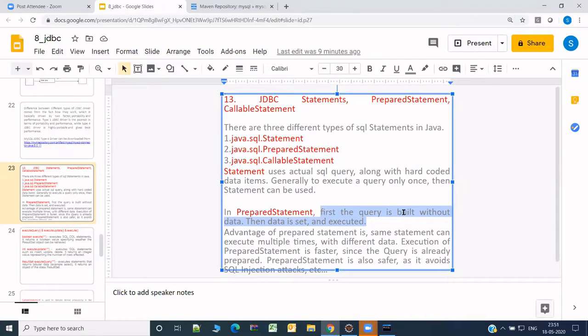Whenever you are building the query, for the actual data you need to use a question mark. Basically, that is a placeholder. After that, you can set the data to that multiple times based on the requirement. And then finally, you can execute it using execute query or execute update or execute, whichever. Okay, right.